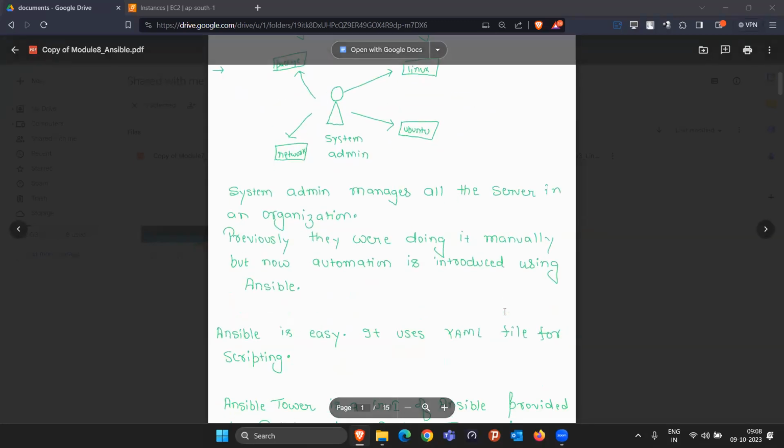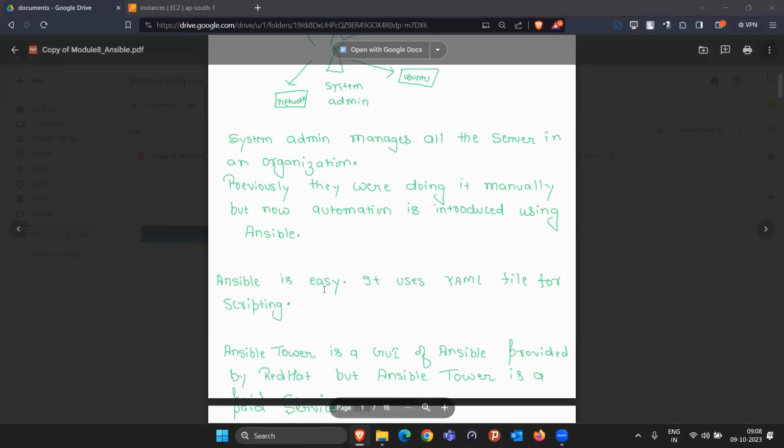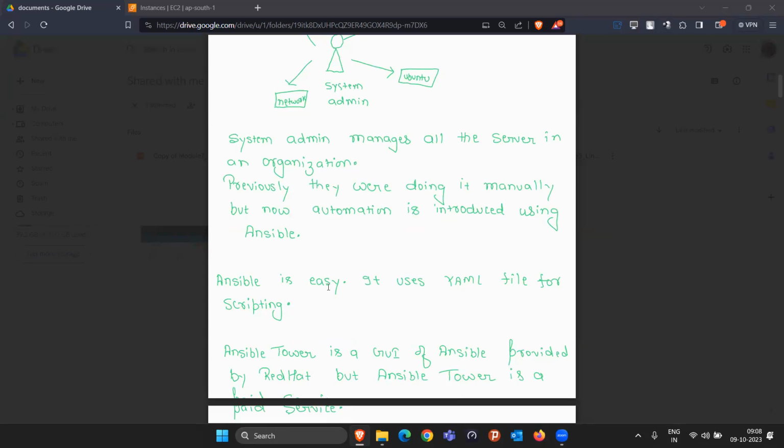Once we get the idea of what Ansible can help us with, basically Ansible is easy. It is not like any big scripting or big coding you have to understand. When I type the Ansible code, you will see that everything is easy. The configuration part, like setting up Ansible from scratch, is a little bit hectic work. It will take 2 days to entirely set up Ansible. But once the setup is completed, learning the commands and typing the script is going to be easy. You don't have to worry about it.